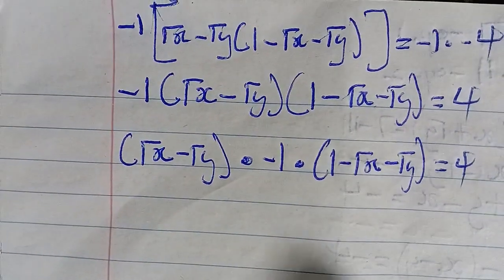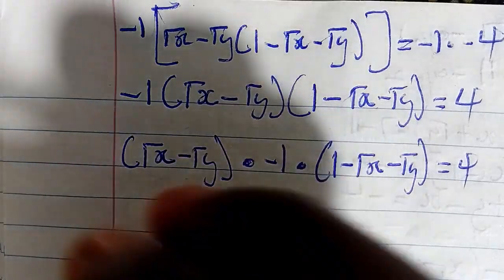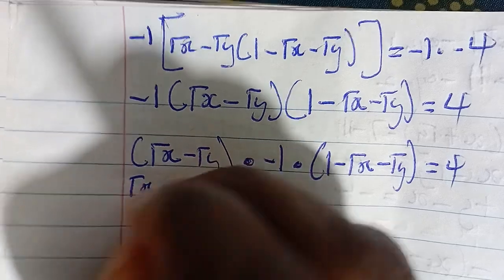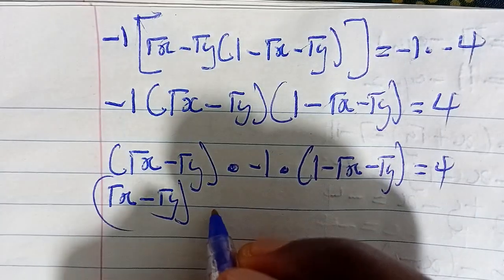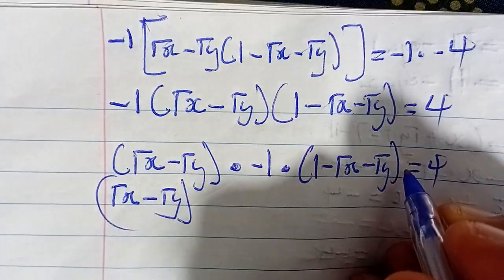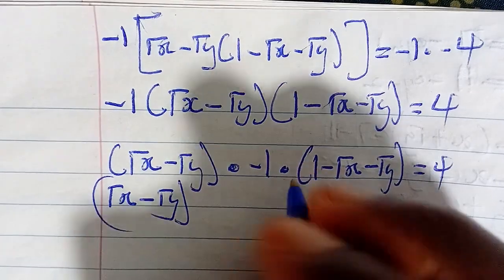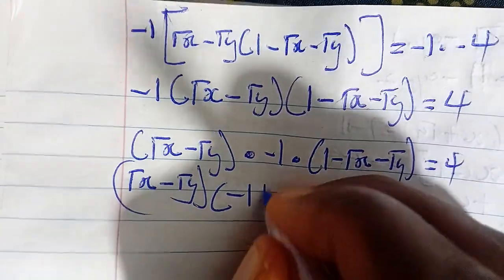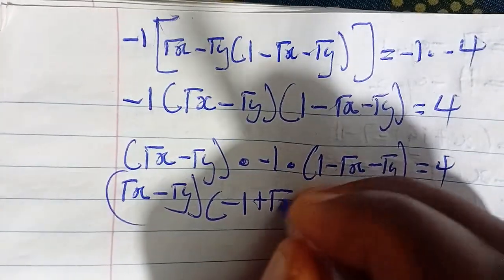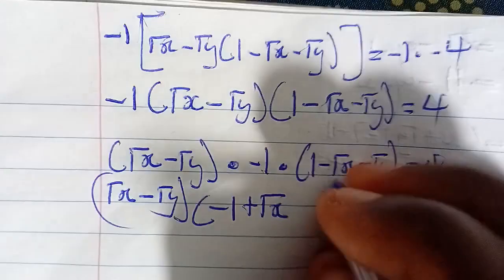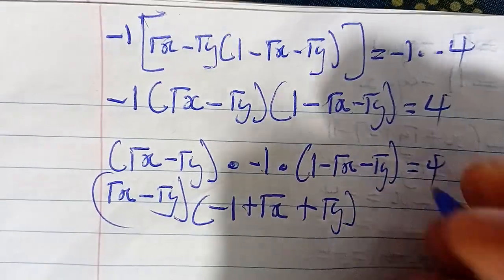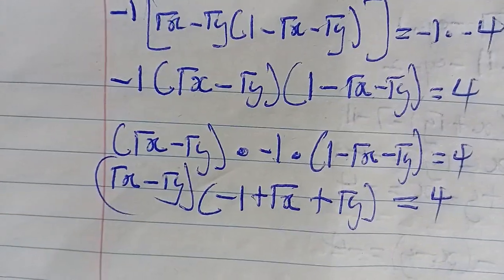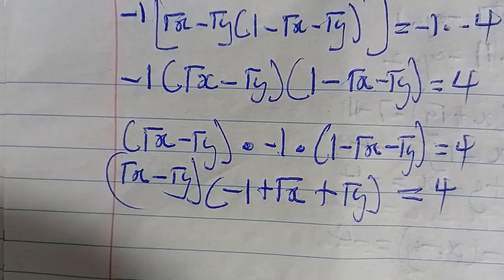Okay, so we are going to have root x minus root y. So here we're going to have minus 1 multiplying this whole thing. Minus 1 by this will give us minus 1, by this will give us plus root of x, by this will give us plus root of y, is equal to 4. Okay, can you see that? All right. Now,